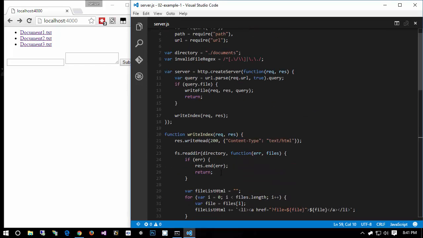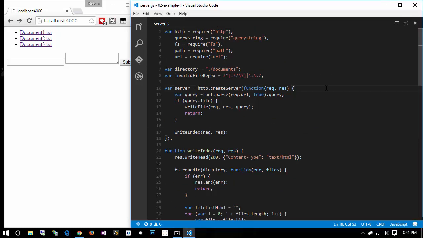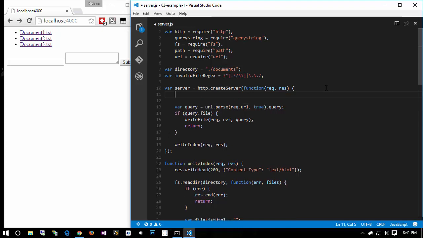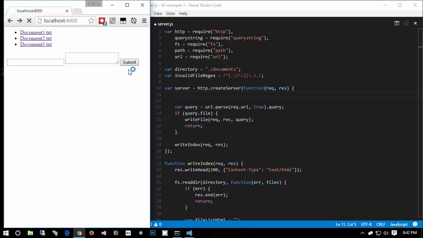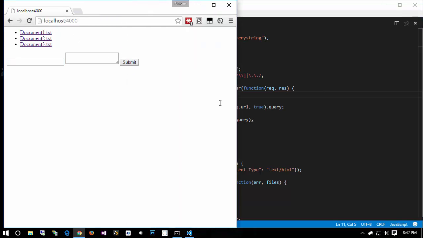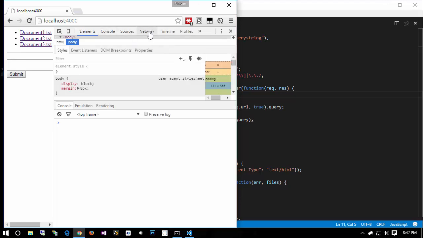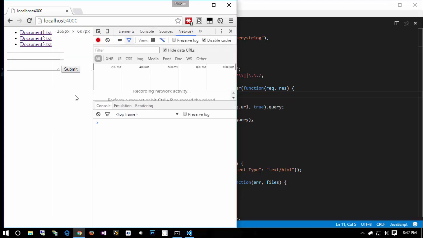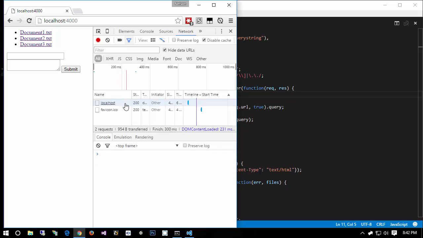Jumping up back to the top, what I want to do is, before we parse out the query string, I want to go ahead and determine if the user got to this page by hitting the submit button. So what's the difference between the user just visiting this page and the user hitting the submit button? Well, you'll notice the difference is going to be with what method is used to request it. See, when I hit the submit button, you'll notice that we do a post